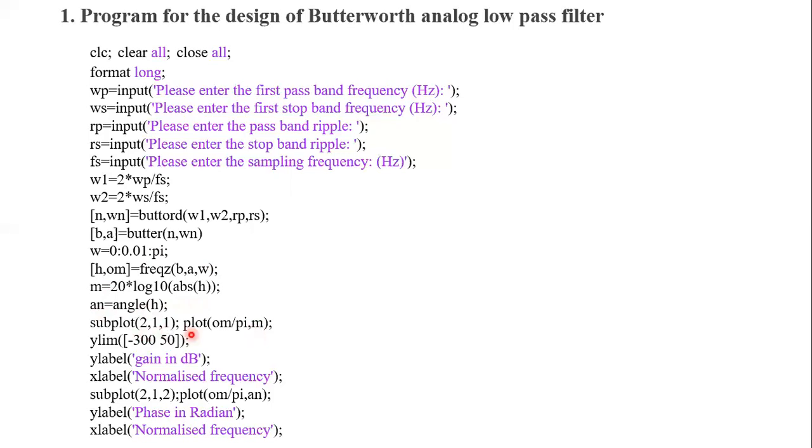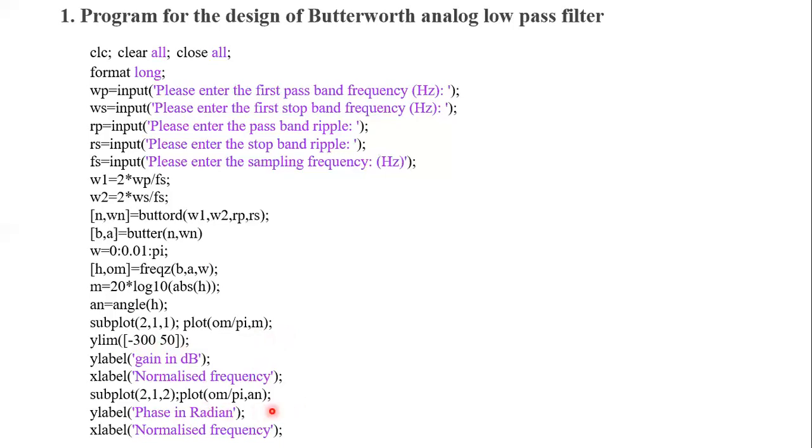These are some basic functions of subplotting and labeling, this is the y label and this is the x label. Here we are using y limit. Why are we using this y limit? Because I want to visualize this frequency response. But you can modify this value range according to your frequency response to adjust the visualization of the figure.